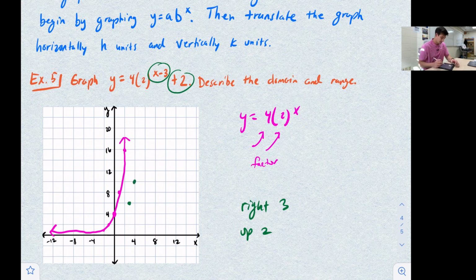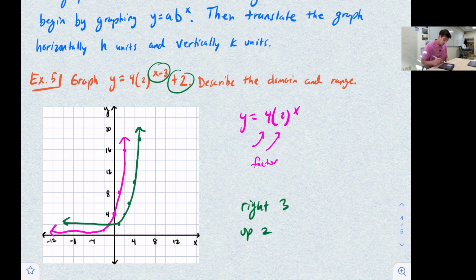Okay, and then we'll move 16. We're going to go right 3 and up 2. Okay, so we get that point right there. And let's look at our point that's at (-1, 2). So right 3 is going to get us to 2, and up 2 will get us to 4. Okay, and then we'll move our point here that is at (-2, 1). So right 3 would get us to +1, and up 2, which would get us right here. Okay, all right, so now when we make our curve here,